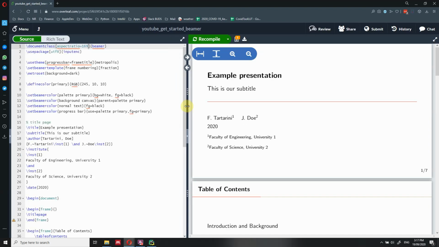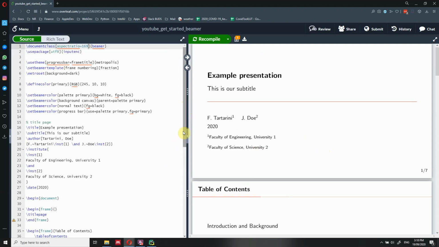In the third video, I'm going to show you how to change the text size, how to add lists to your Beamer presentation, how to divide the text in columns, how to add a picture and tables. So I hope it's not going to take too long.